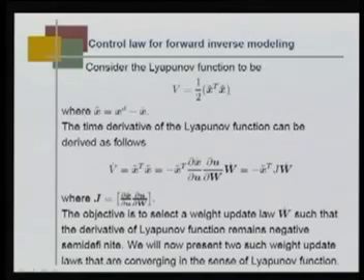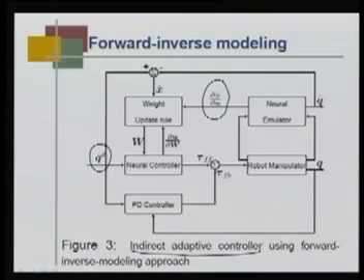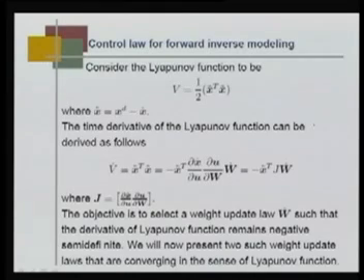How are we doing it? Consider the Lyapunov function to be half x tilde transpose x tilde, where x tilde is x d minus x hat. This x hat is the response of the radial basis function network, which is here q hat. The time derivative of the Lyapunov function can be derived as follows: V dot, the rate derivative, is x tilde transpose into x tilde dot,